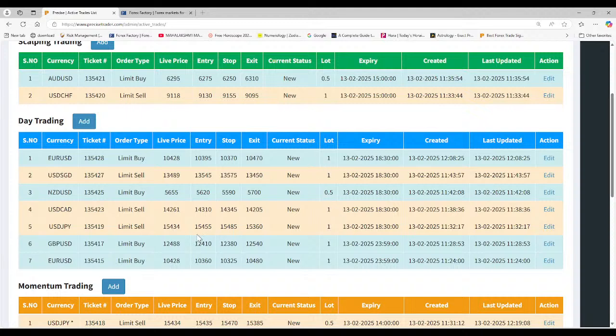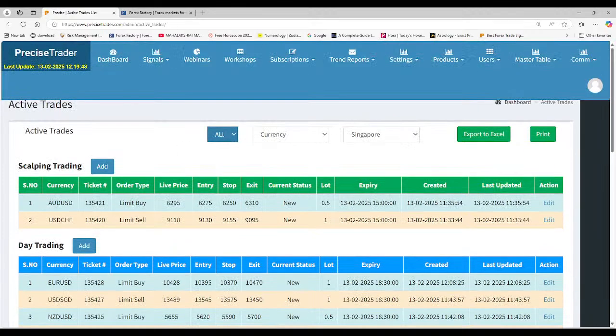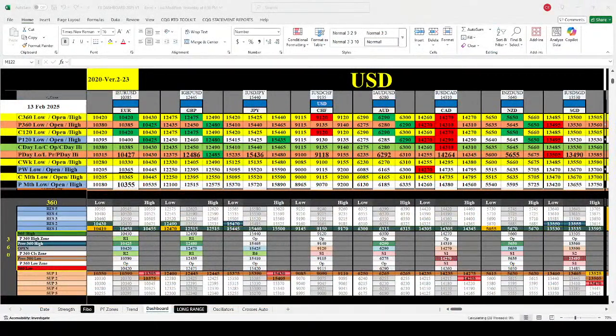Then we have one more sell order at 55 with above the previous day high as a stop, which is 154.85, and we're trying to exit at 153.60, and this expiry is until 1830, and this is one lot. I think this is also a valid call. Okay, let's move on to the next